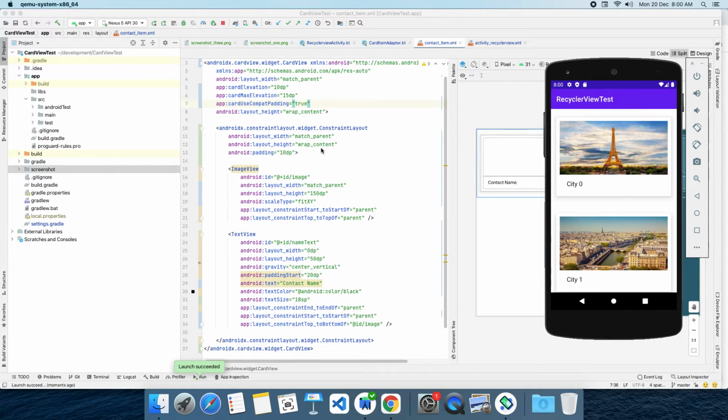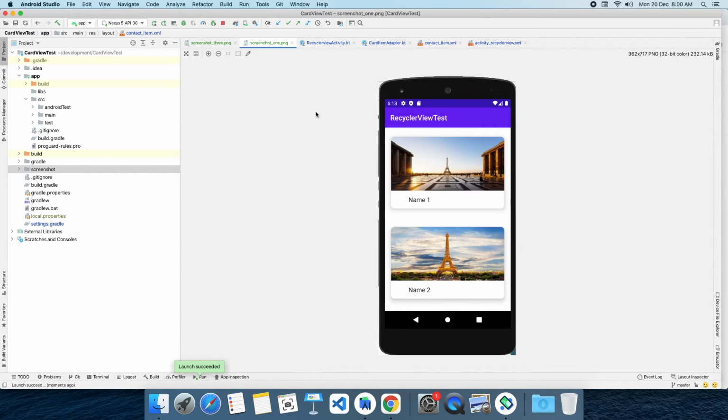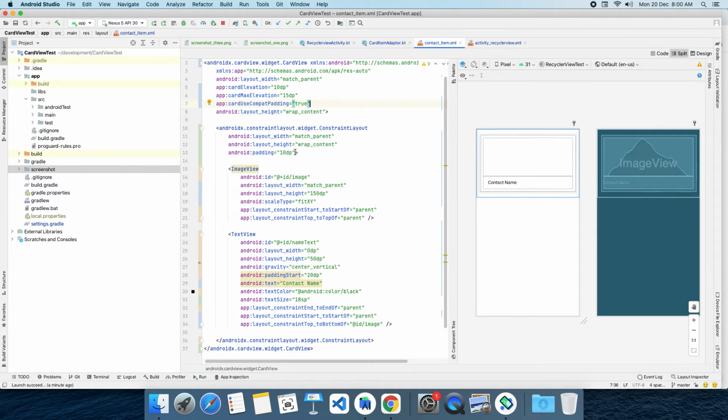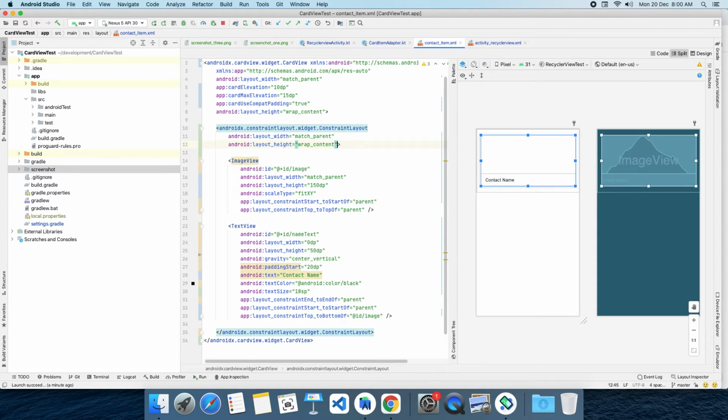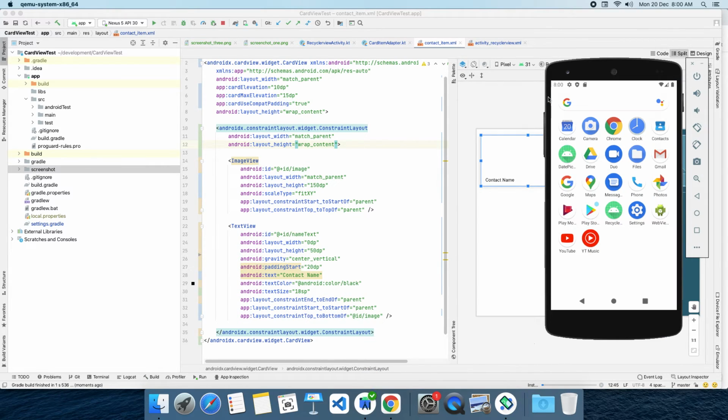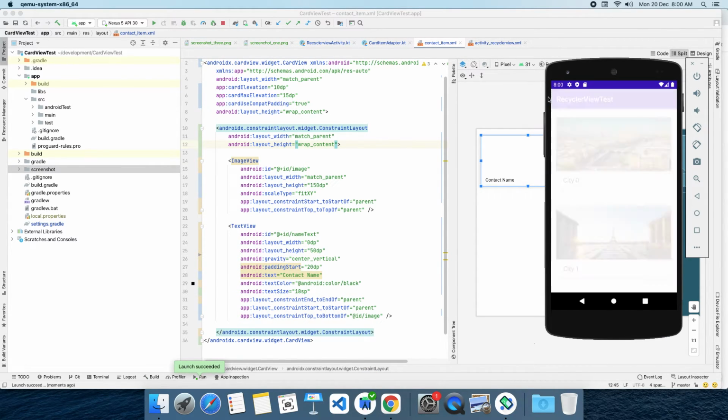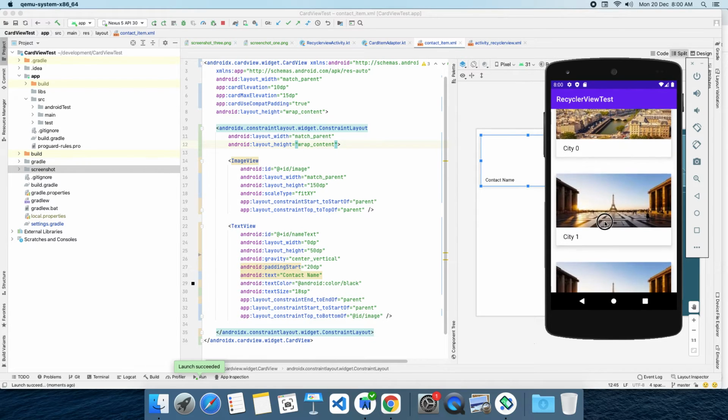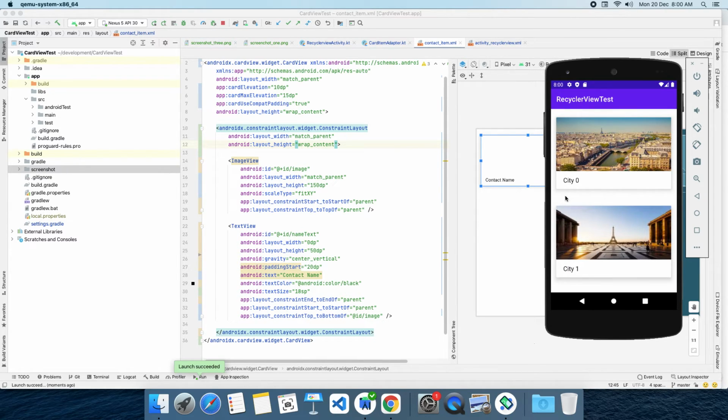So now what we are going to do, take our screenshot here, our image view is attached to the left of the card view, right of the card view, and the top of the card view. So do a little bit of alignment. We have a 10 dp padding, right? So remove that property, run the app and see how it looks. See, now it is looking almost like a card, and we are rendering a shadow. It is looking like a card, or we can say a tile.